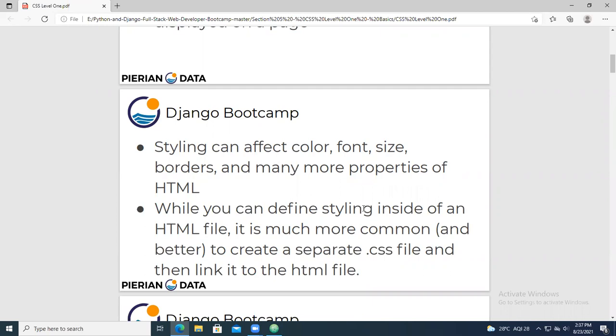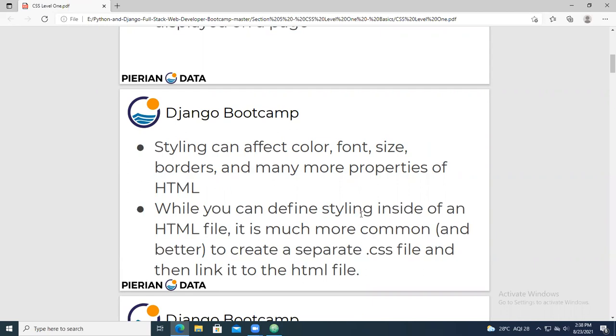If you define a style inside the HTML, we can use the style word inside any paragraph or any list, so that particular tag will have the style. As I've already told you, styling means adding color, font size, and borders for our HTML page.